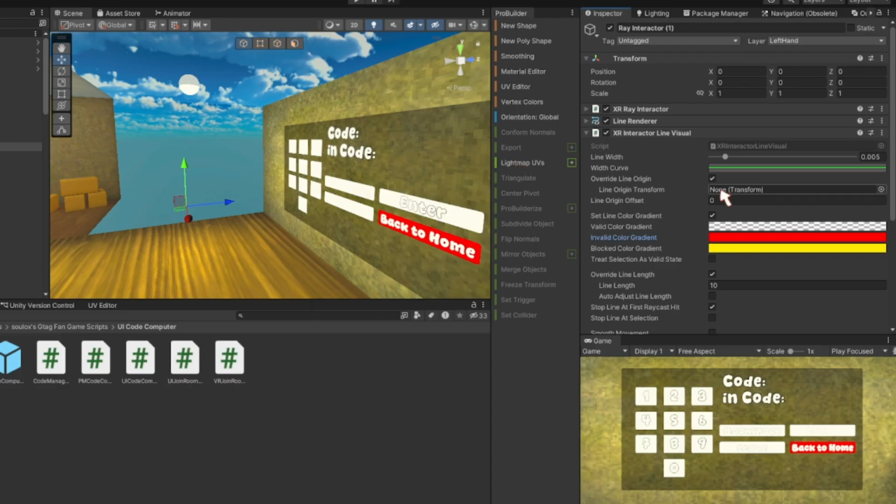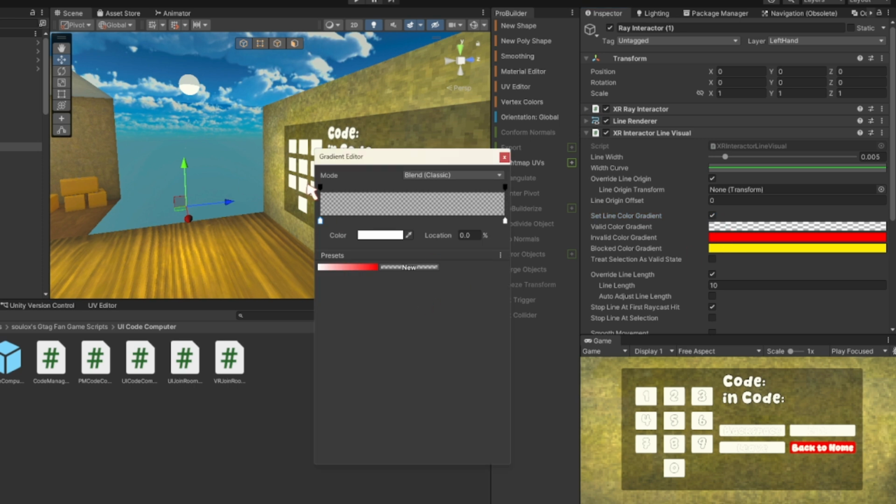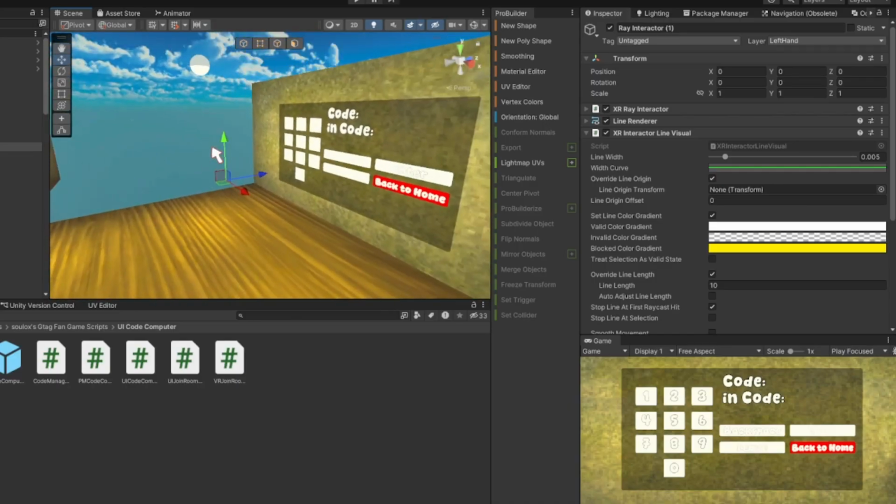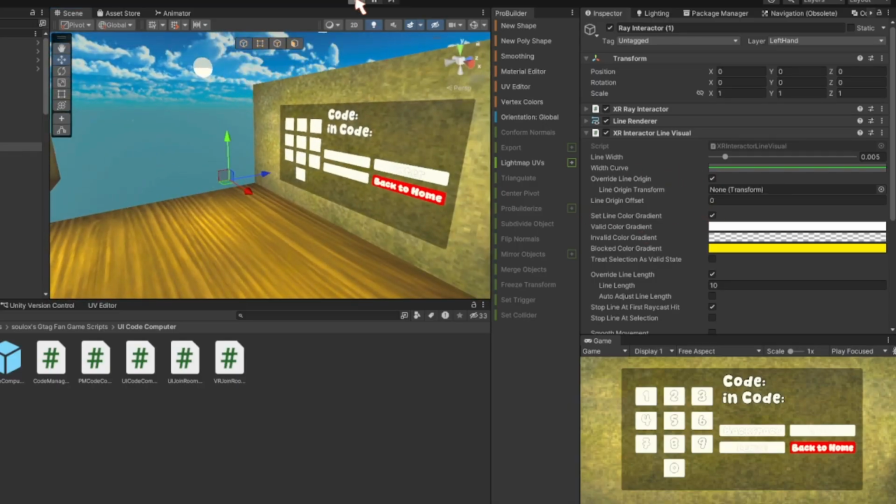Wait, I typed the wrong one out. My bad. Don't do what I just did. You go on the invalid color and then turn the alpha down all the way to 0. And then if you go in game,